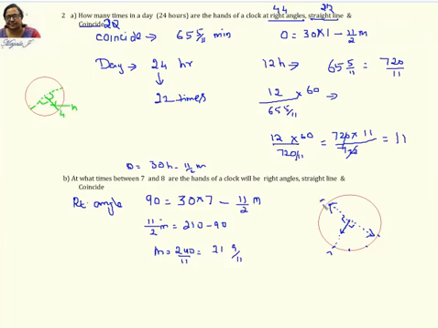Minute hand is leading, right? So the formula will be now, instead of this, you put it the other way: 11 by 2 m minus 30 h. This is what I said, either this way or that way, whichever is leading. In the initial first case, your hour hand was leading. This is your reference. With respect to the reference, the hour hand is leading and this is lagging. Now when the minute hand moves here, the minute hand is leading and the hour hand is lagging. So in that case, the formula has to change. That's the reason we are putting it as modulus.